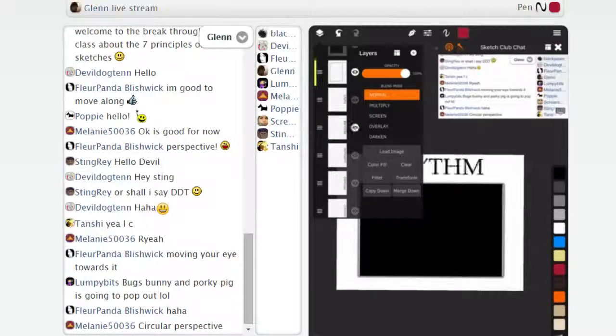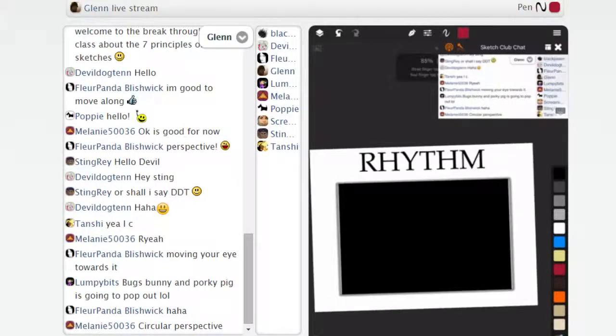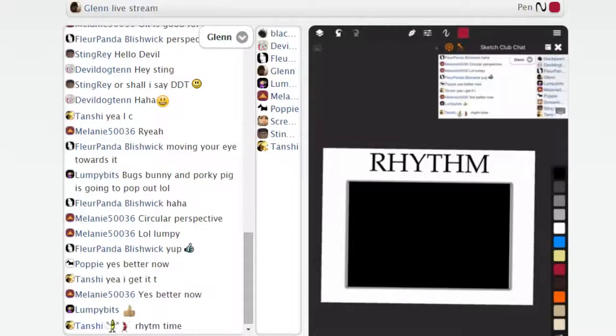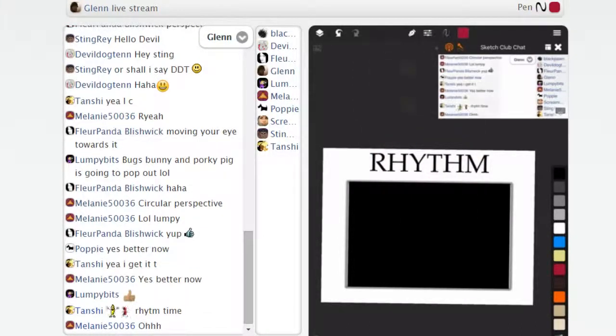All right, so let's jump to rhythm. Rhythm in a way is a lot like movement, I think. Rhythm is basically the aesthetically pleasing movement of the scene, like moving the eye in a rhythmic way, kind of like music notes. So say, just like the example that I just showed, you have like